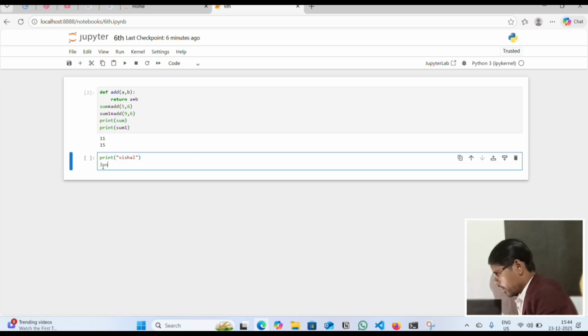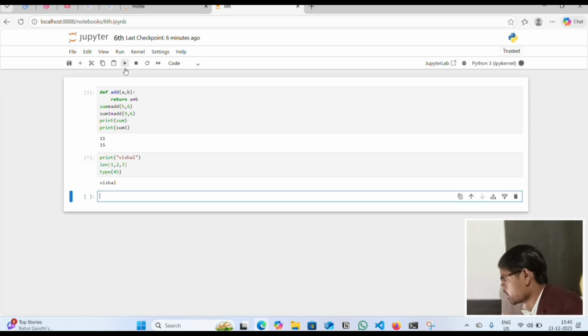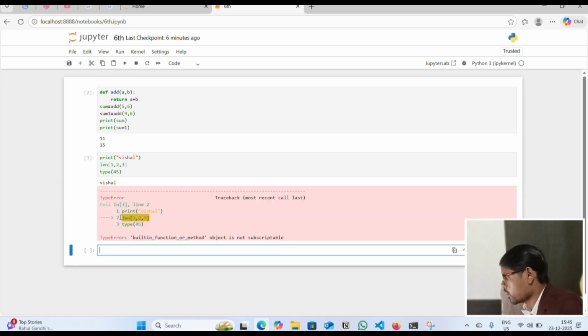And len, use len. Print len and type, these are built-in functions.